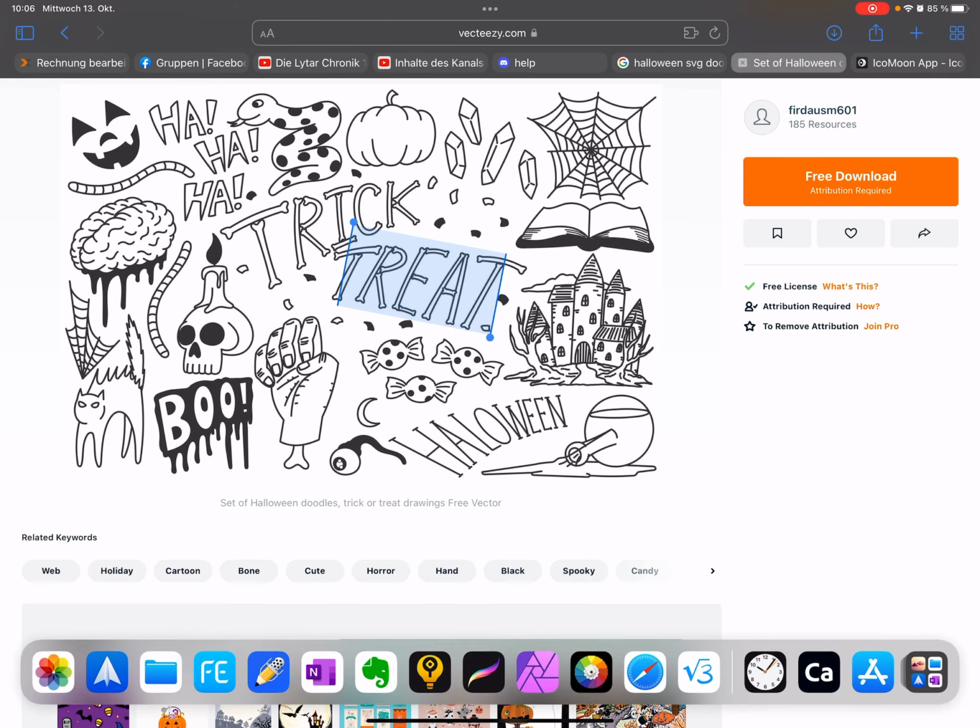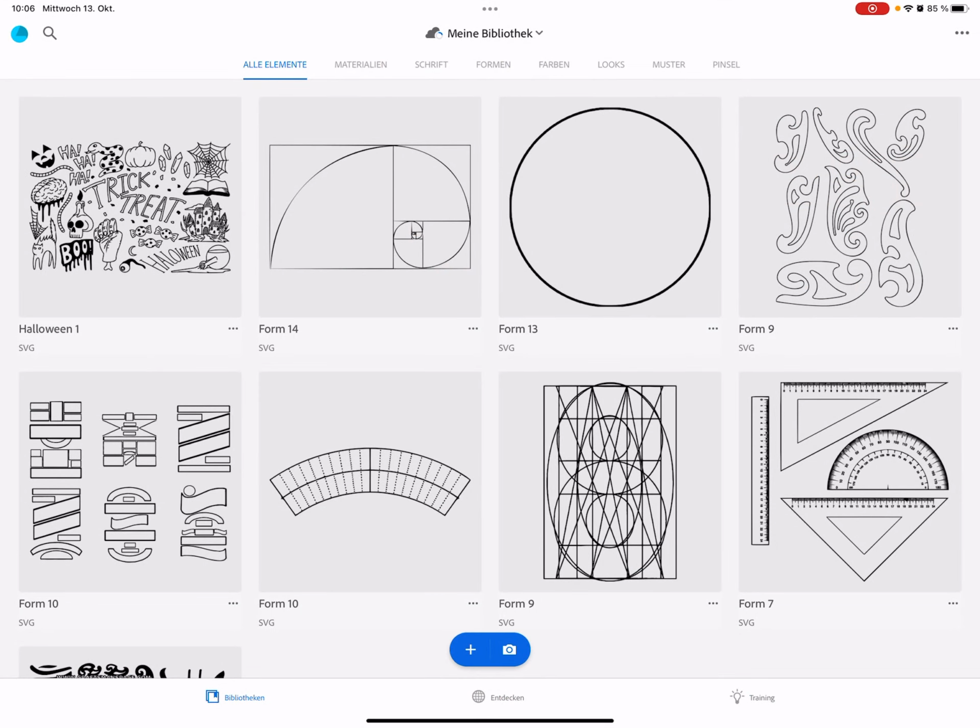And I transform it with an Adobe Capture app. You can find it on the App Store, it's free. And you can use other SVG or vector apps to transform your outlines to a SVG file.